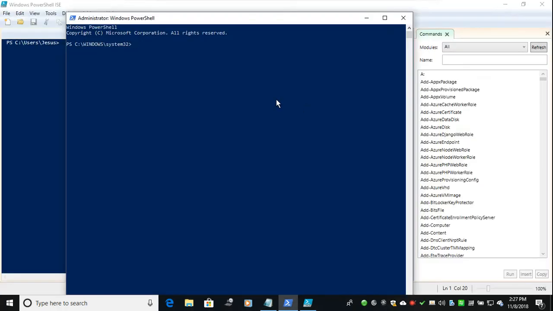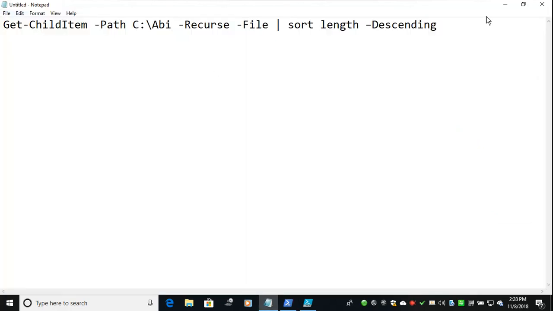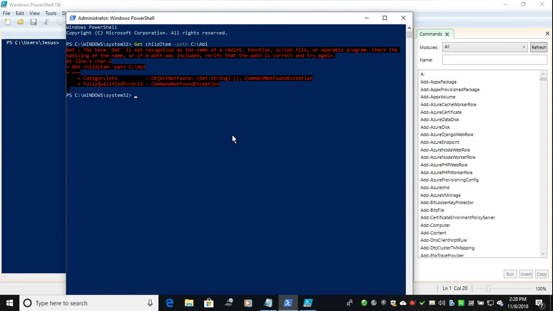Suppose I want to get some details of one of the directories. So I want to write Get-ChildItem -Path.